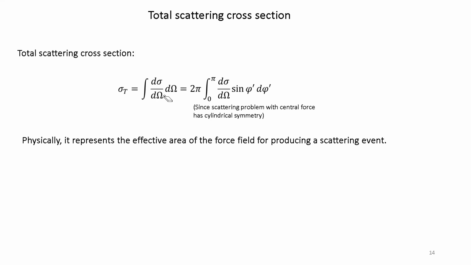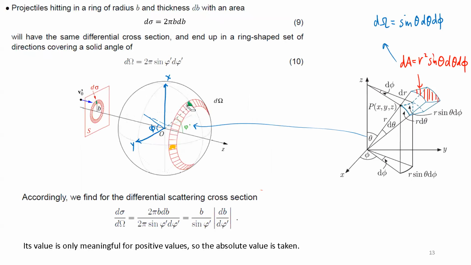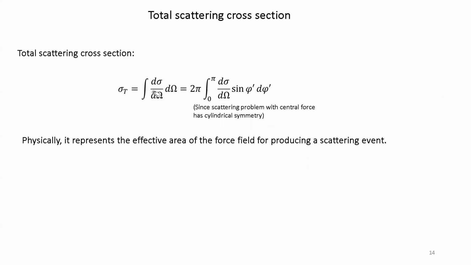Okay, so what it really means is that you take this dσ/dΩ for a particular point, right? Different points on this spherical surface will have different values of dσ/dΩ. And then at the end you just integrate over the entire solid angle, covering the entire sphere. That would be a 4π solid angle, right? In that case, if you again use spherical coordinates, it is written like this. Okay, so this is known as the total